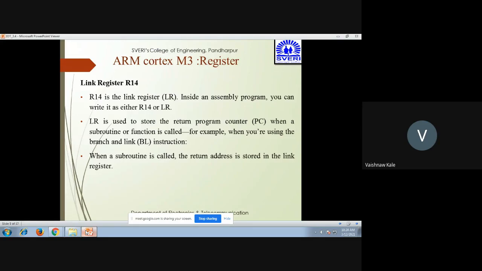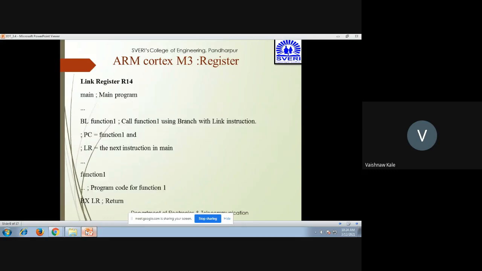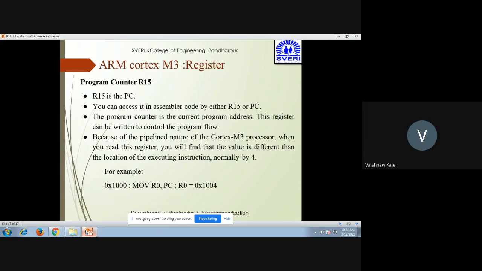And which kind of instruction is used? Branch and link instruction. In order to use R14, we have to use the branch and link instruction. When a subroutine is called, the return address is stored in the link register. This is the program code to access the link register, that is R14. And then we have seen R15. R15 is nothing but the program counter, and it gives the current program address.